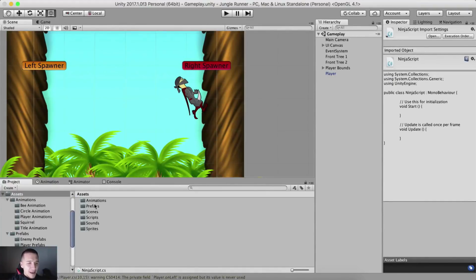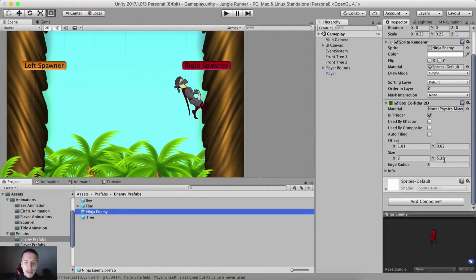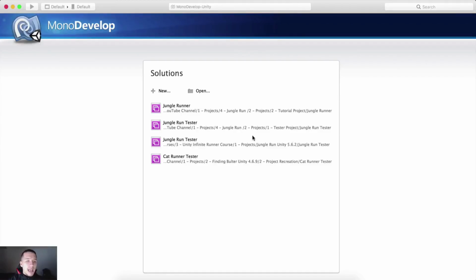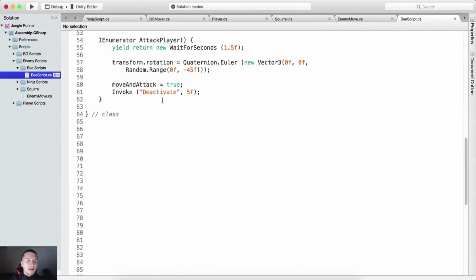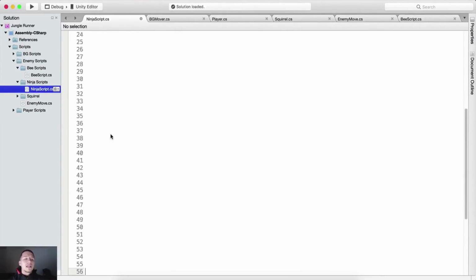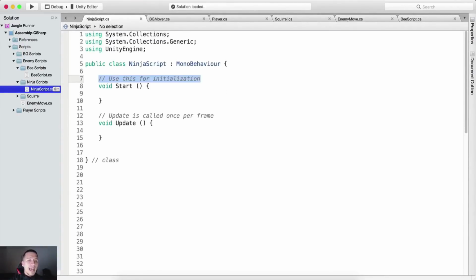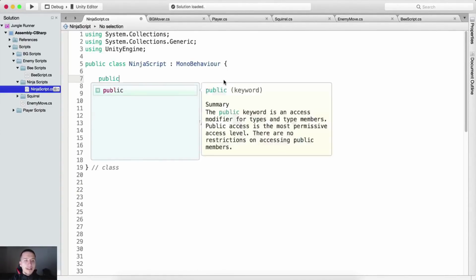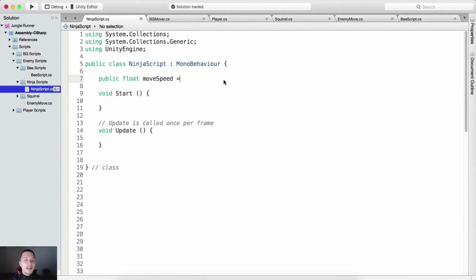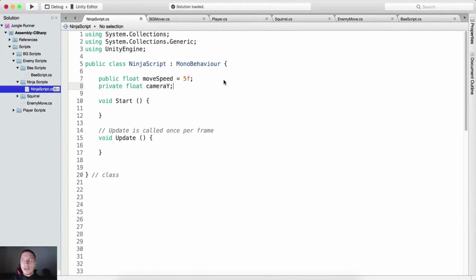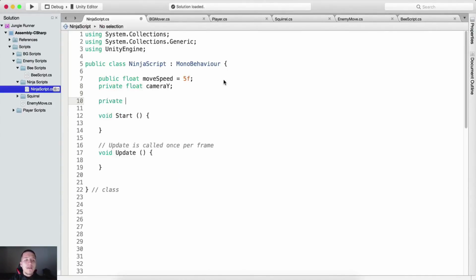So moving back here, prefabs, enemy prefab, ninja enemy, here he is. Attach the Ninja script on him. Double click it and open it right here in MonoDevelop. Let me just find it. Here it is. As always, I don't even have to tell you anymore that I'm tagging the class with the class tag, giving a little bit of space, and we need a couple of variables. So what do we need? Well, we need a public float move speed, which by default is 5. We also need a private float camera Y, which is the Y of the camera, and a private bool